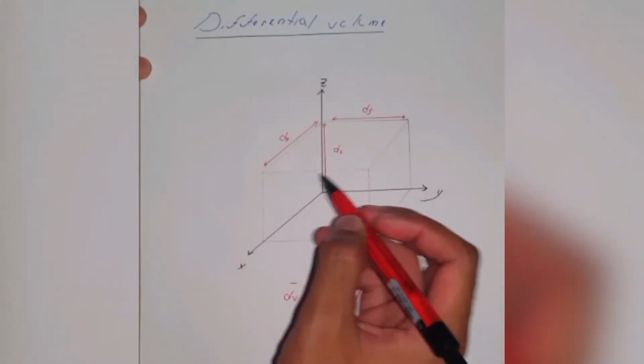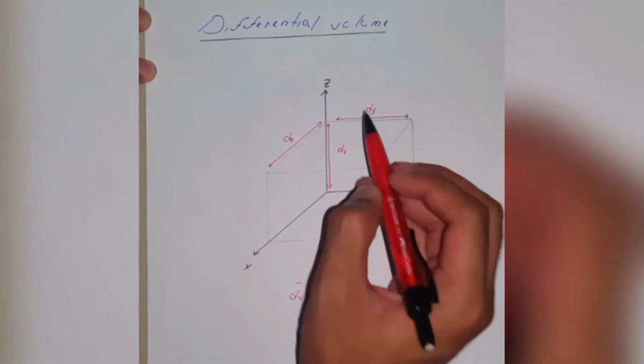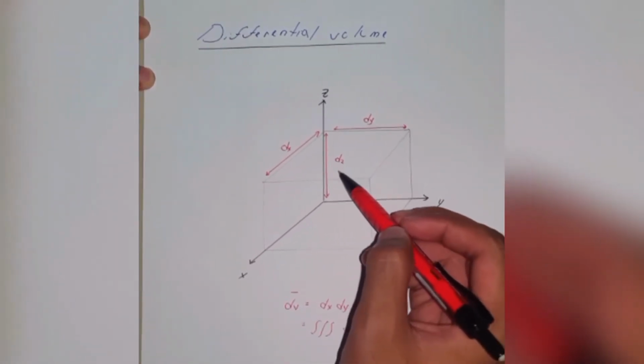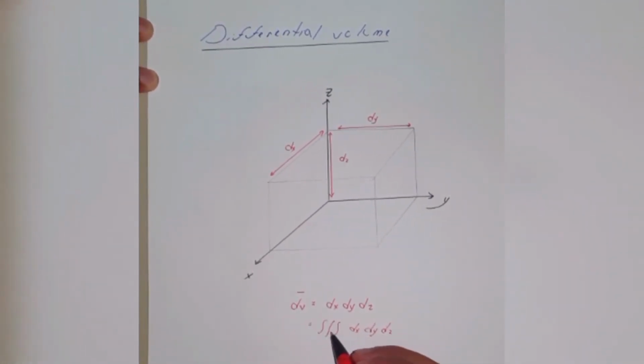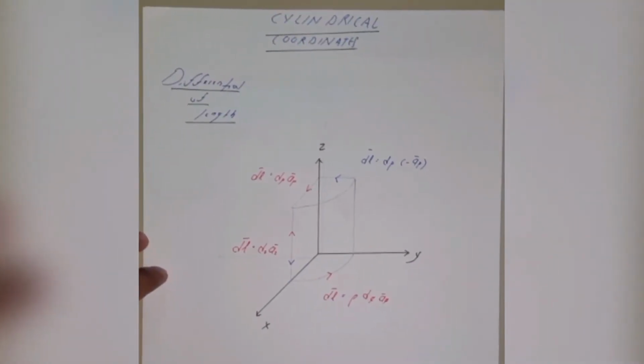Okay, for differential volume, dv is equal to dx dy dz. This is dy, and this is dx, and this is dz. Okay, to find v is triple integration of dx, dy, and dz. Okay, for cylindrical coordinate,